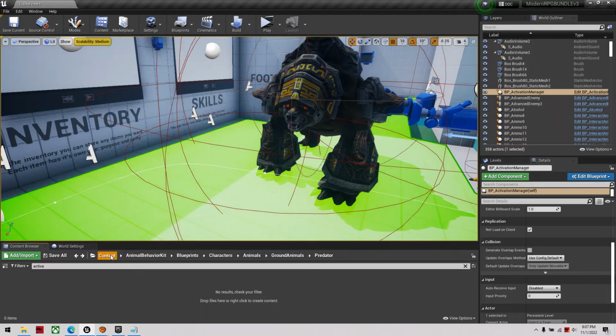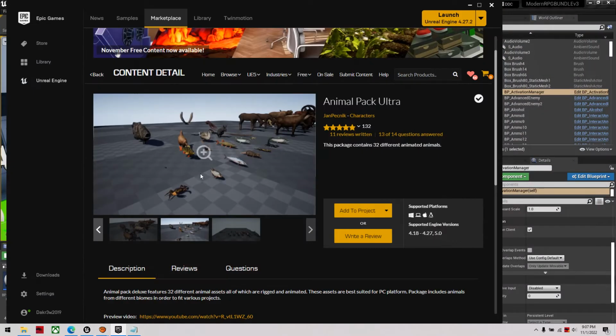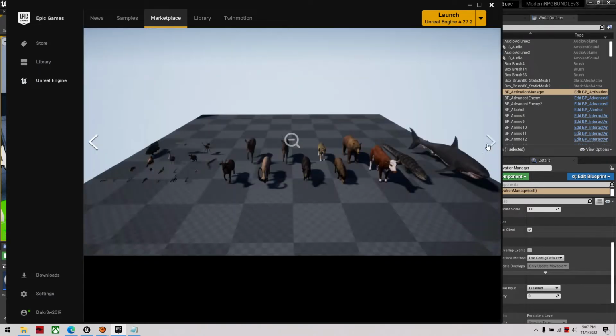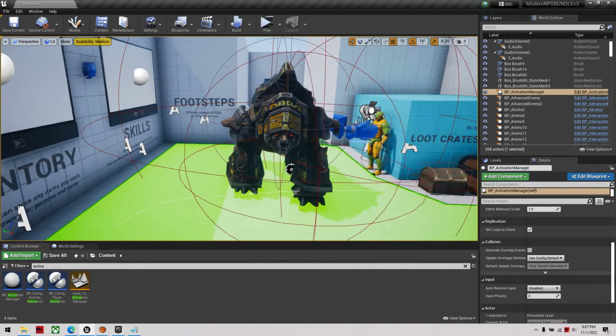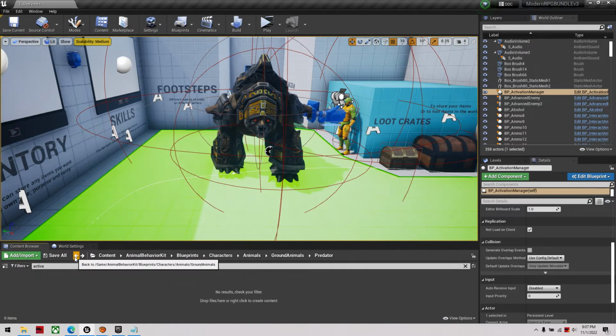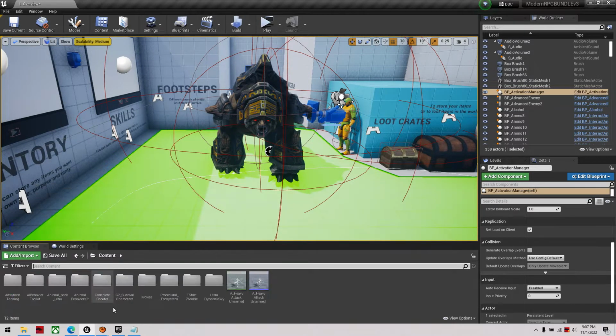Alright, so to make your own animal, I imported this kit here. It's free from the marketplace. I'm gonna pick a random animal, maybe a bear or something, and we'll start from scratch and make our own. So what I like to do is I'll go into the folder, animal behavior kit,